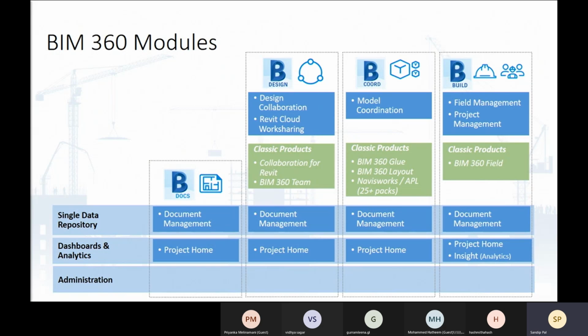And it's far better that you identify all the clashes before executing at the site. It's less expensive and far better to save time and energy of all the designers. And when I'm talking about the site, there comes the BIM 360 Build. So BIM 360 Build is like